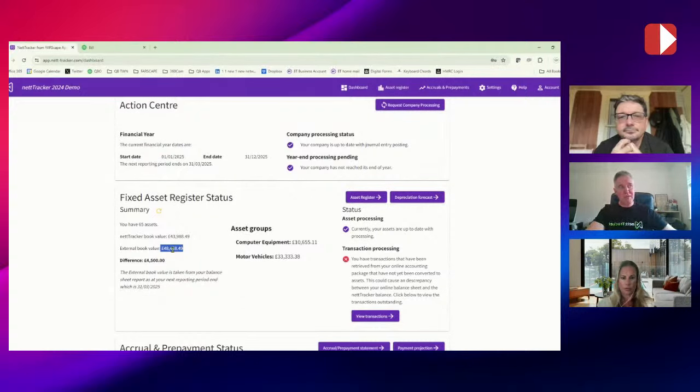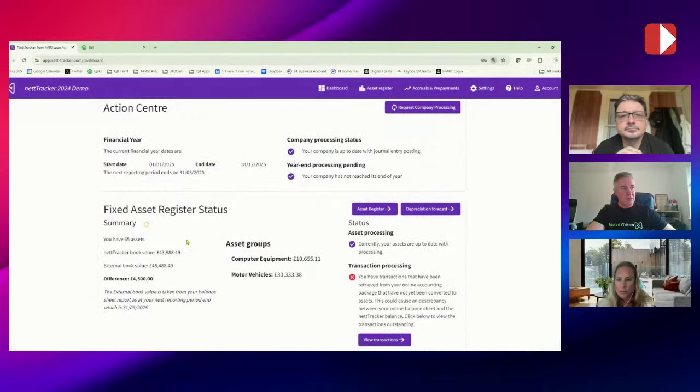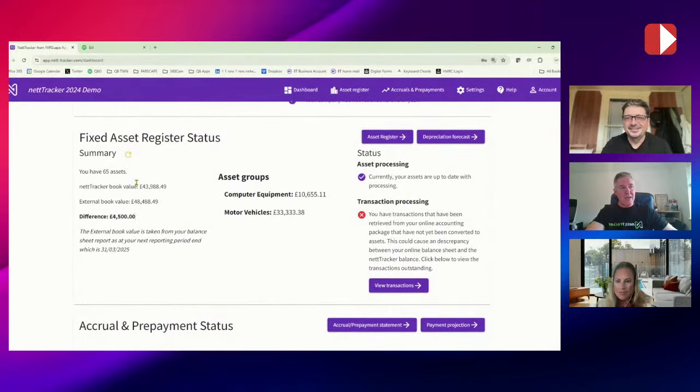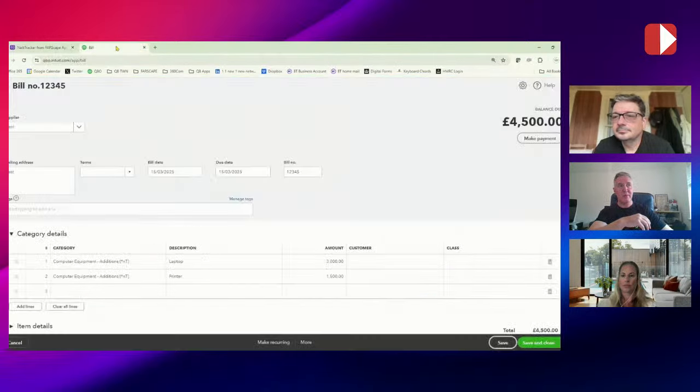So if I'm looking at this fixed asset area, I'll just make that slightly bigger so you can see it a bit better. I've got a total there which is based upon my asset register, and below that is what's coming through from QuickBooks, and I've got a difference there of £4,500. That's because within my QuickBooks a minute ago I put on a new supplier bill which was for some computer equipment, and that's for a laptop